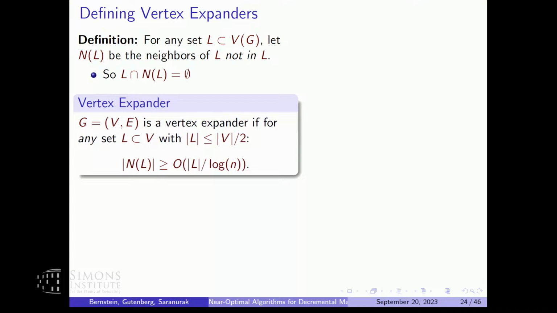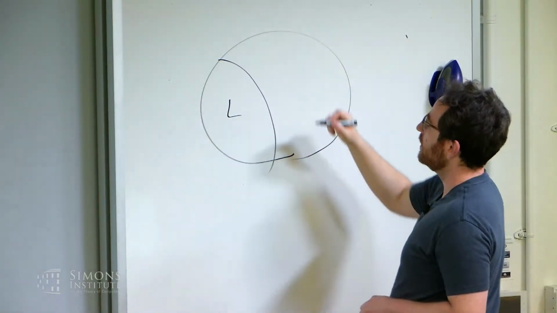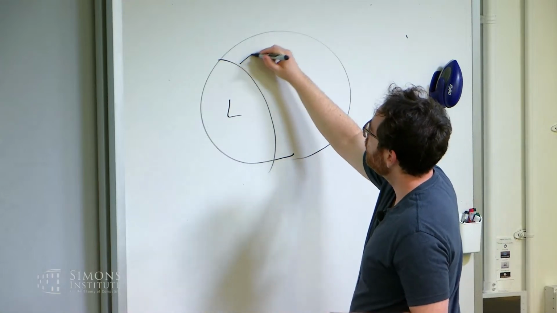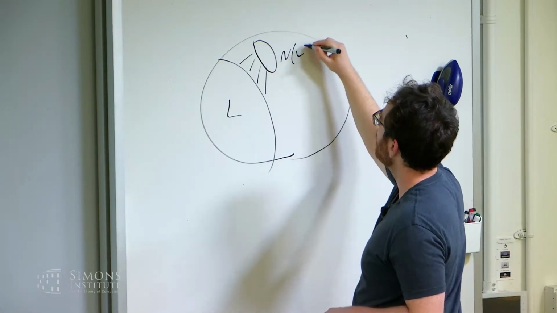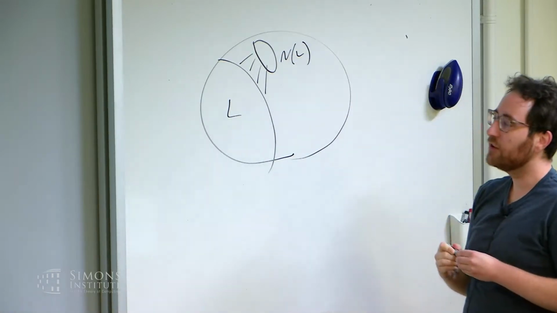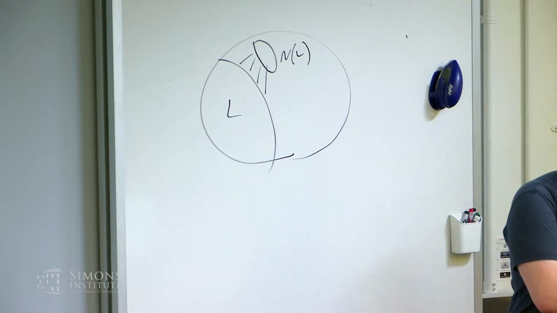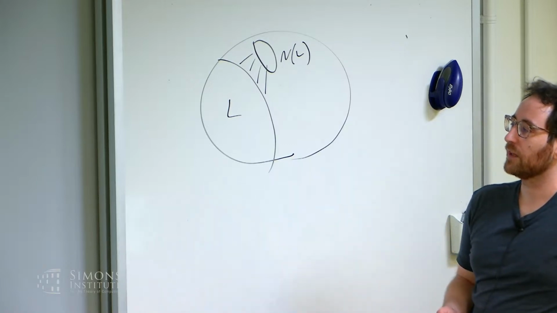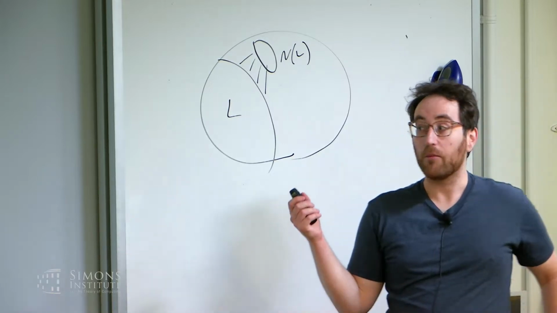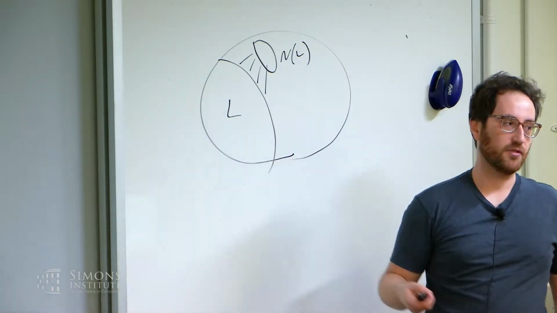Okay, so a vertex expander is, basically, if you have a graph and you pick any set L, its expansion N of L is just all the vertices that L is adjacent to. So this would be N of L. And we say that a graph is a vertex expander if for every set L, N of L is relatively big compared to L, like within a log factor. For this talk, I'm only going to talk about vertex expanders, for those of you who are used to edge expanders. And the expansion factor, let's just say it's always around 1/log n.